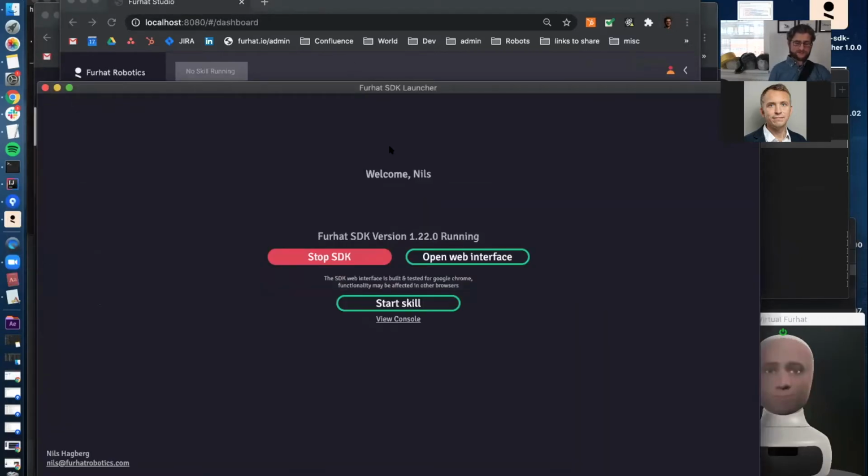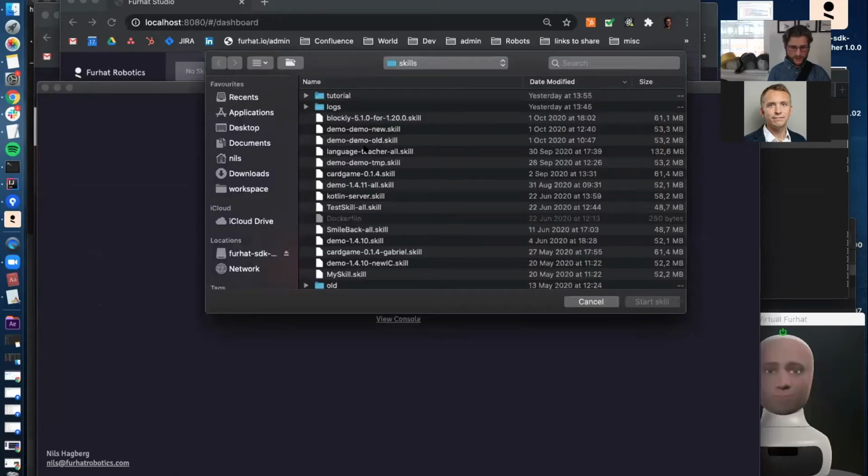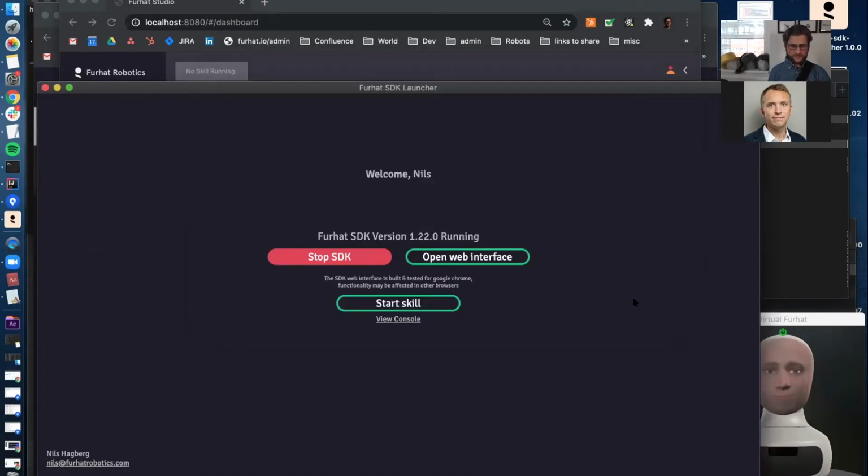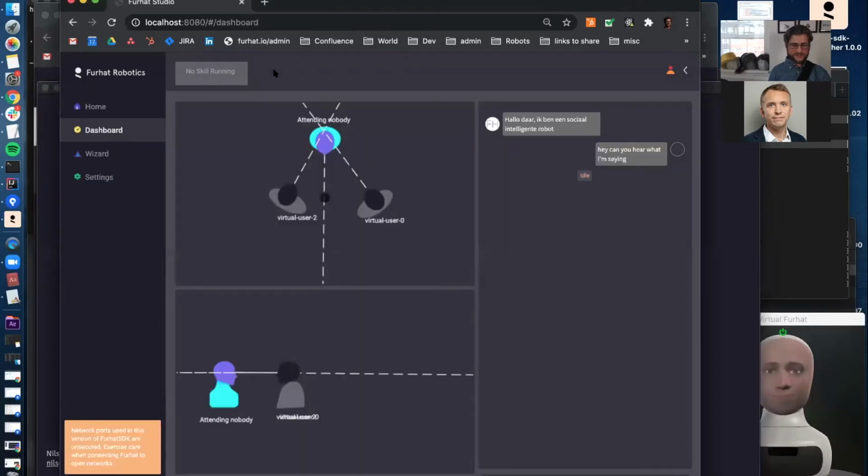and go back to the SDK. So let's actually run a skill. We can now run a skill by pressing the Start Skill button here. And I have compiled skill files that I have done previously. So let's test the language teacher. Let's start that one. And we can see here in the web interface when the skill has started running. It should